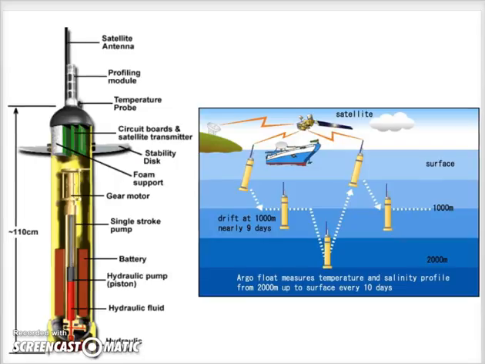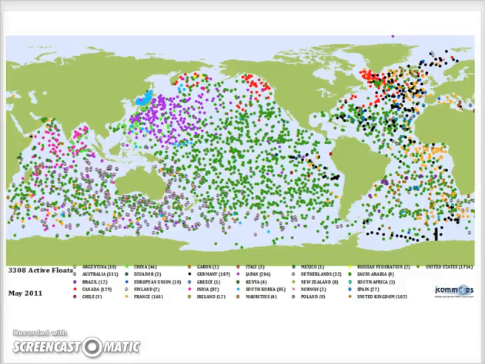So you can see the structure of the Argo float. Very interesting. The Argo float measures temperature and salinity profile from 2,000 meters up to the surface every 10 days. All over the world, till May 2011, there are 3,308 Argo floats. We can see that China has 46, Germany has 187, the United Kingdom has 102, and the United States has the most,